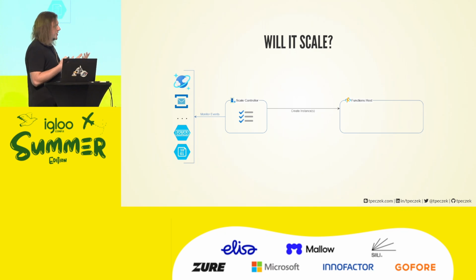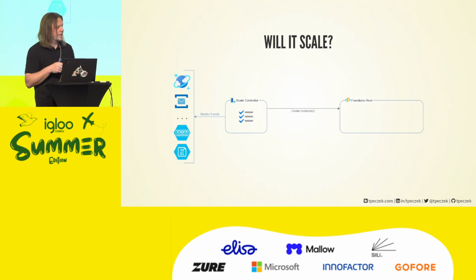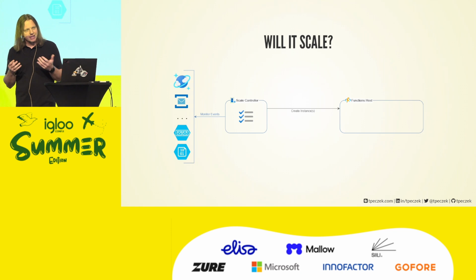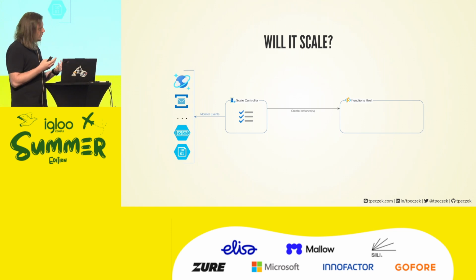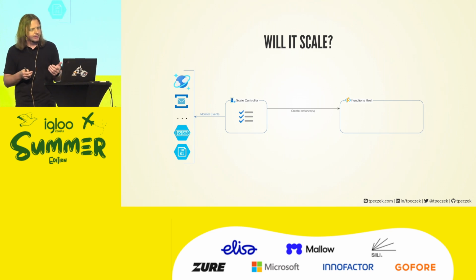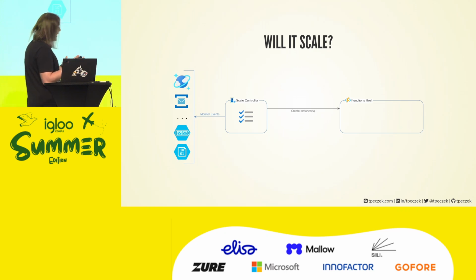Also, as every magician, it will not do the trick if we break the scene that it has prepared for the trick. And how can we break the scene? We can make a proper infrastructure around this. If you wrap Azure Functions in a virtual network, as you generally should in most instances, you put up firewalls on those services, use private links, private endpoints, Scale Controller goes blind. It can no longer do anything. It will not scale anything for you. And that's a serious problem, and Microsoft acknowledged that problem.